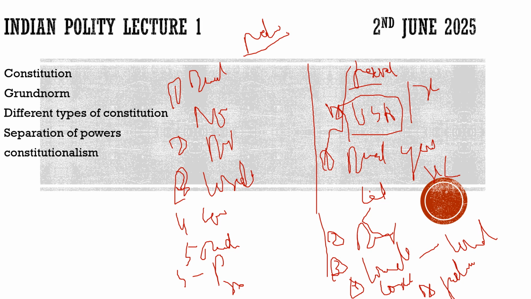Some say we have a federal constitution with a unitary tilt. Some say we have a unitary constitution with a federal tilt, and some say we have a quasi-federal constitution. But in normal conditions, we are very much federal, and it is not that easy for the central government to make it abnormal. They have to go through various steps to do that.